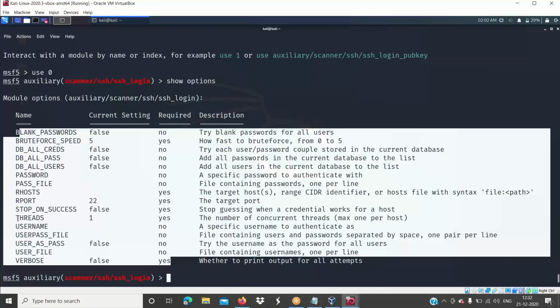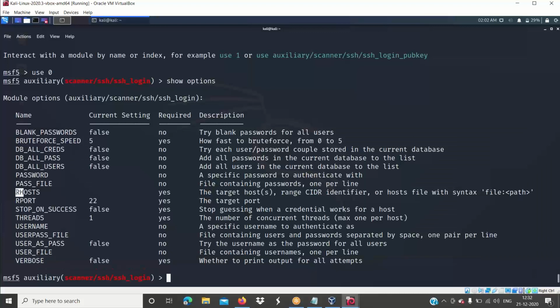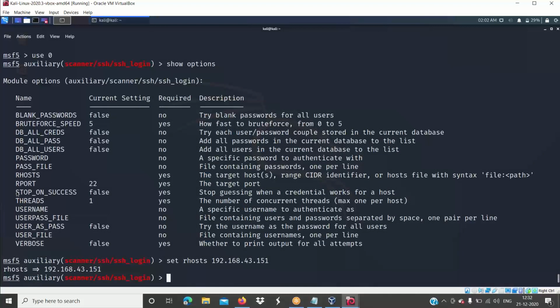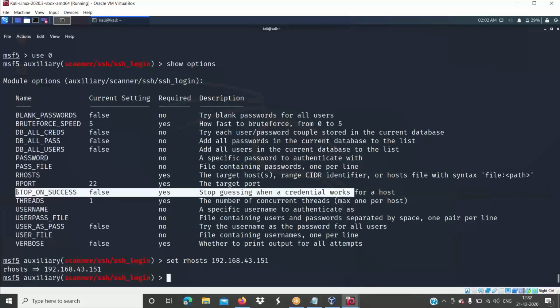First of all, let's give our host, where you want to attack. Set RHOSTS to the IP address of the target, and the port. That is done. It's already there. Then STOP_ON_SUCCESS is false.